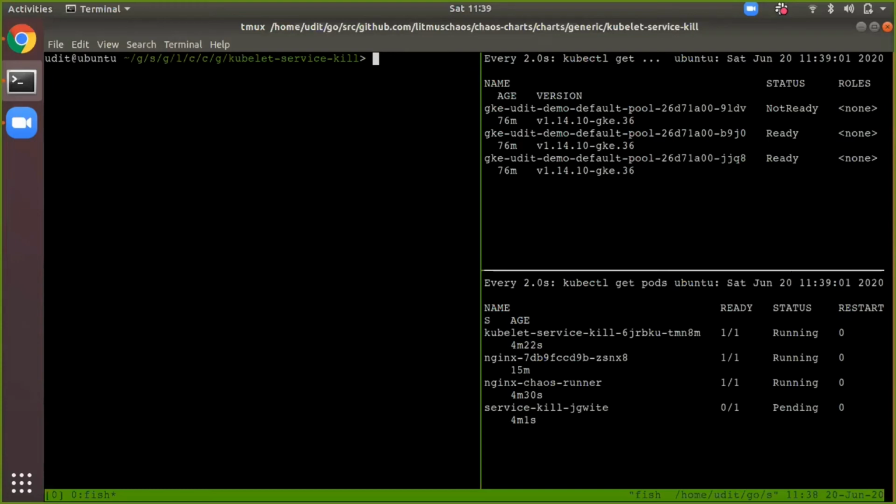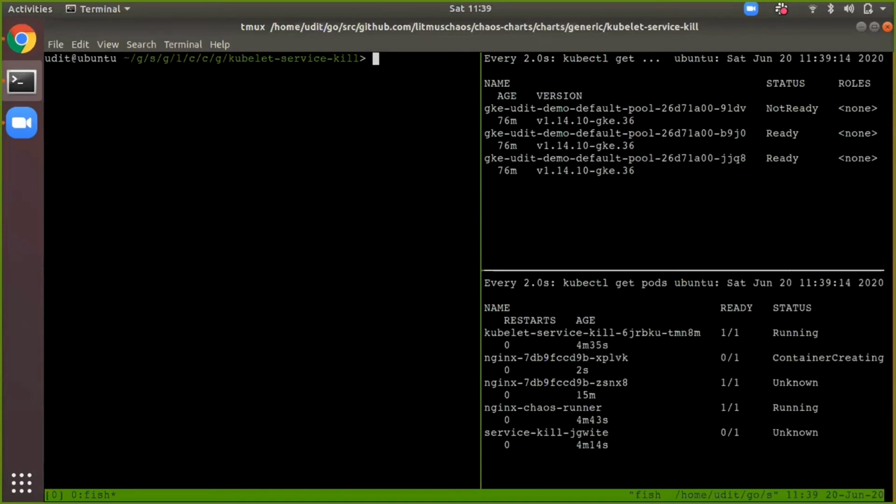That's something that you might adopt more quickly on production. But experiments like kubelet service kill, node drain, and taint-based evictions of all pods, that's another way of shutting down a node. So these kinds of tests that happen at the node level are something you might want to be careful about, and do a lot of times on your internal environments before you take it out and do it on a cluster which is being used publicly.